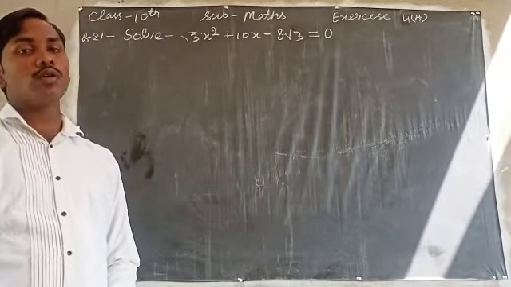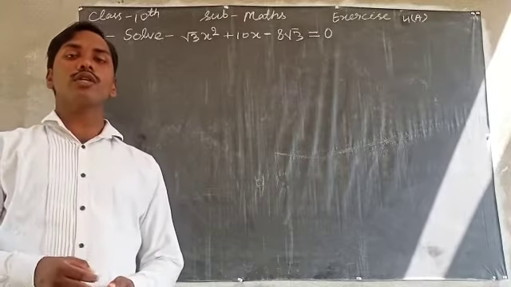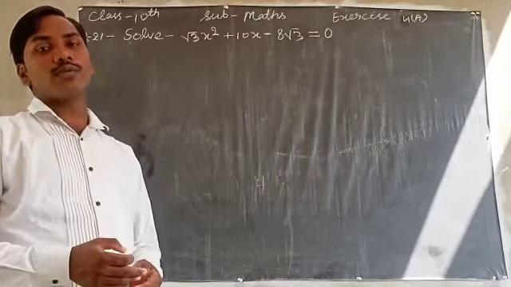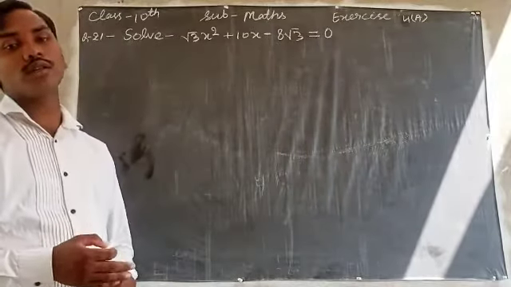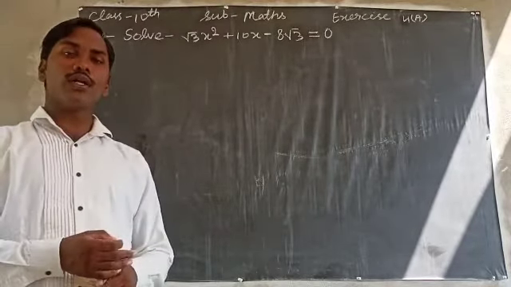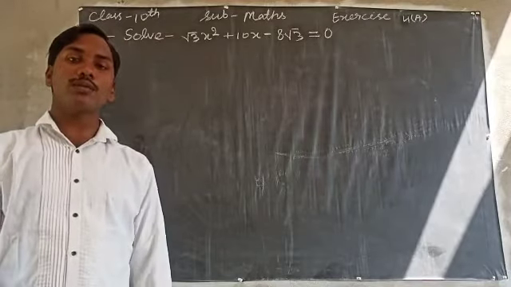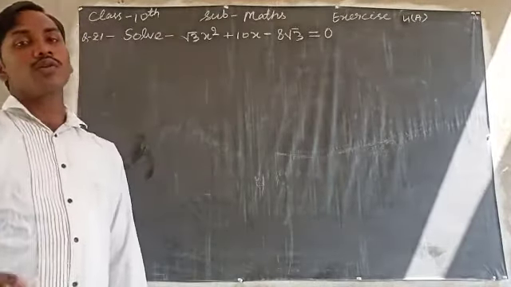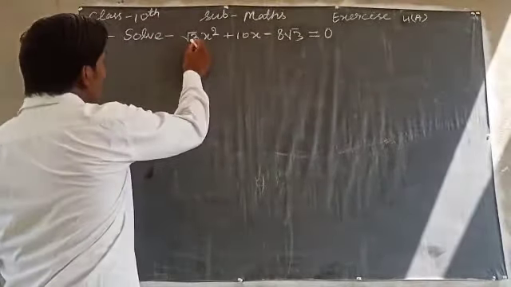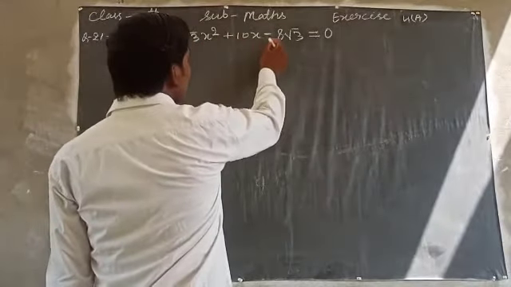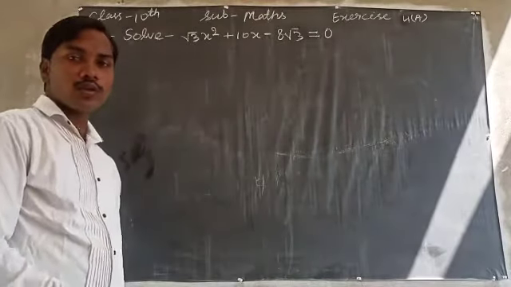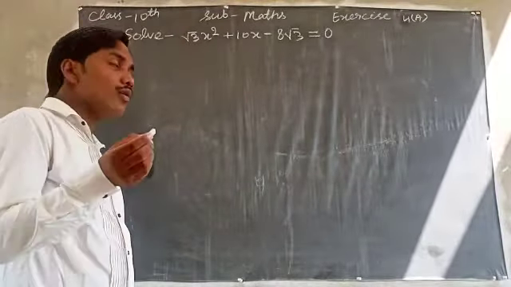In the previous video, I have already given a solution for solving a quadratic equation, but in this video also I will give you a solution for the quadratic equation, which is a little bit different from the previous video. So for this I have taken one question here. Solve root 3 x square plus 10x minus 8 root 3 is equal to 0. So you will have to solve this equation.